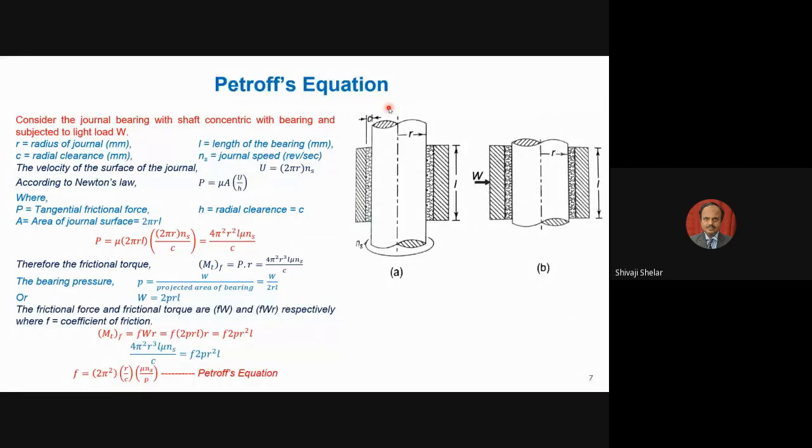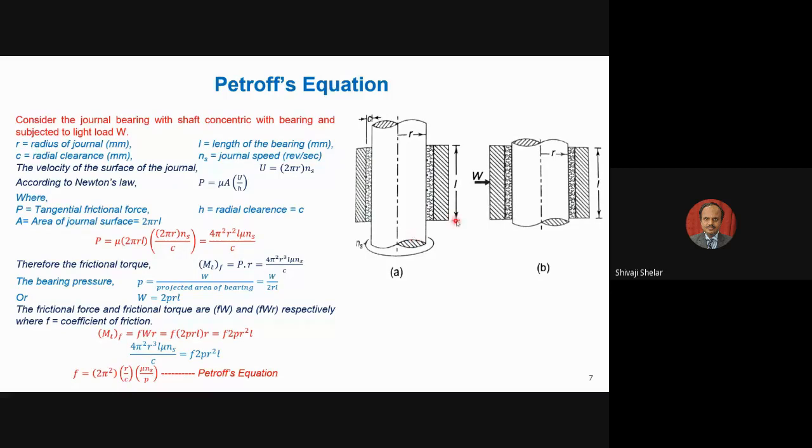Right now we have learned the concept of fluid passing through two fixed surfaces. But many times you will have one surface fixed and another surface moving or rotating, with relative motion with respect to each other. So I am taking one such surface here. I am considering this bearing surface is fixed and this shaft is rotating.